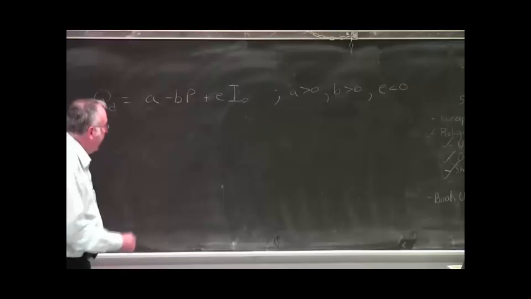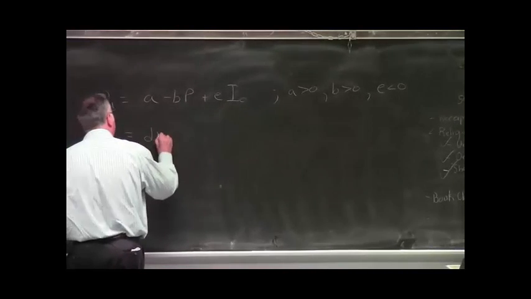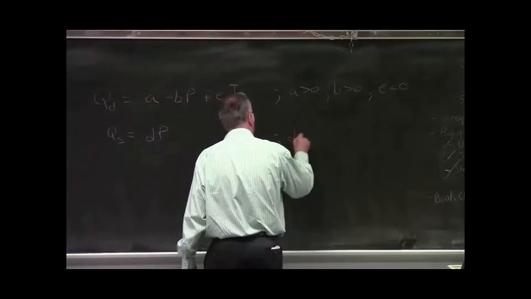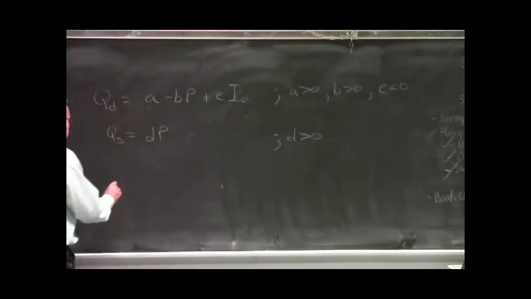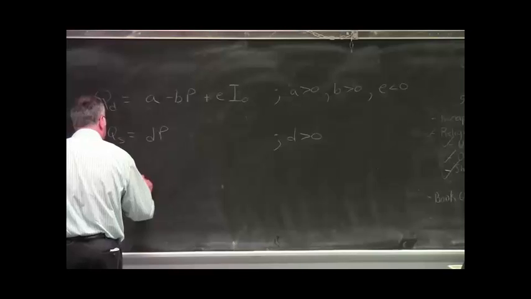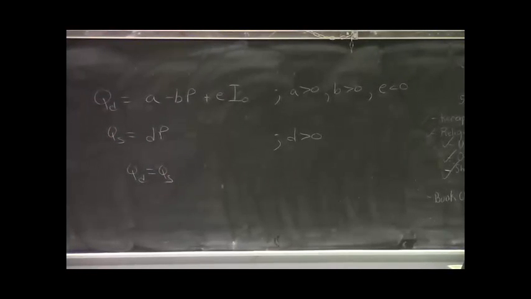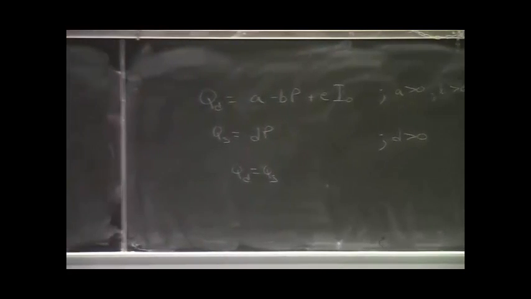The supply function is just dP, where D is a positive parameter. And in equilibrium, of course, QD equals QS. To solve for the equilibrium price, just set QD equal to QS. And doing so, we get